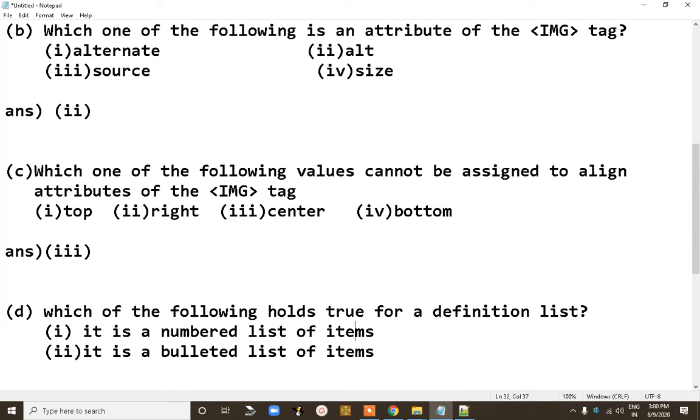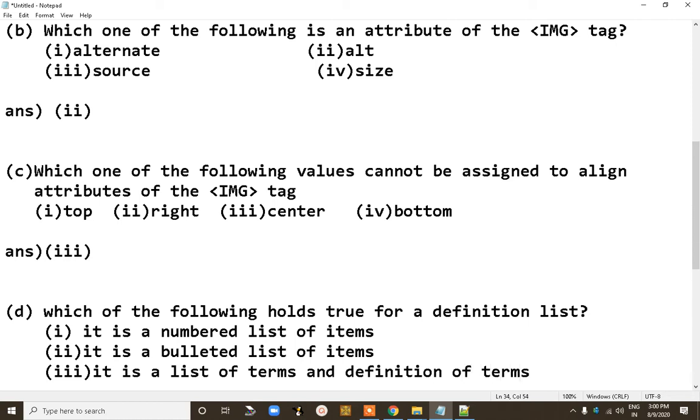The third option is: it is a list of terms and definition of terms.